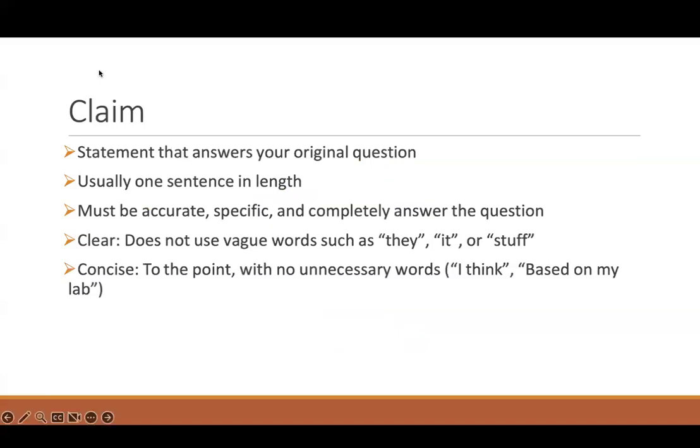So, for example, if you were going to write a conclusion to your data, you would start with a claim. A claim would be, for example, how does your data answer your original question? How does your data support or not support your hypothesis? Right? It should be really to the point with no unnecessary words and gets rid of any kind of vague notions. So, what are you claiming